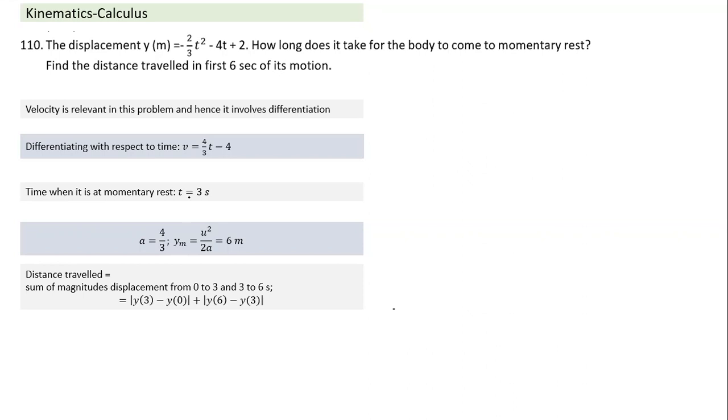So one way of calculating the distance traveled in first 6 seconds of motion, what we understand here is if I